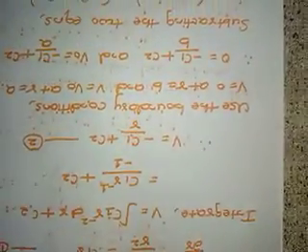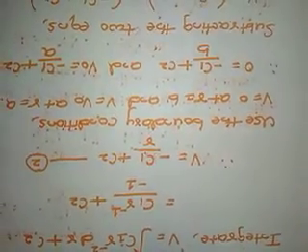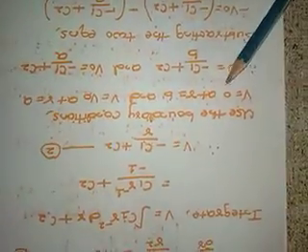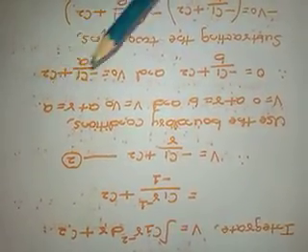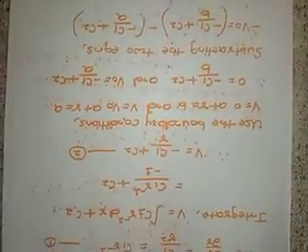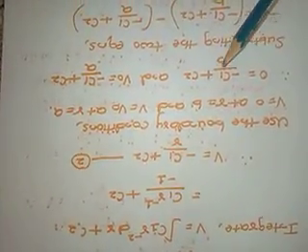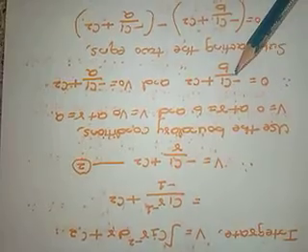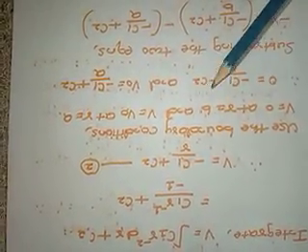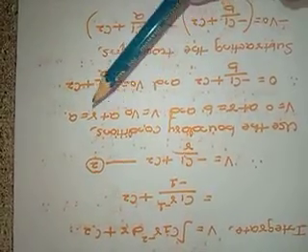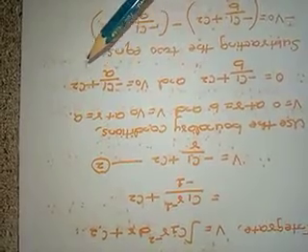Now apply the given boundary conditions. What boundary conditions have they given? They have given v is equal to 0 at r equal to b and v is equal to v0 at r equal to a. Substitute them in equation 2 and get the values of constants C1 and C2. So 0 is equal to minus C1 by b plus C2, substituting v equal to 0 at r equal to b. Similarly, substituting v equal to v0 at r equal to a, you will get v0 is equal to minus C1 by a plus C2.